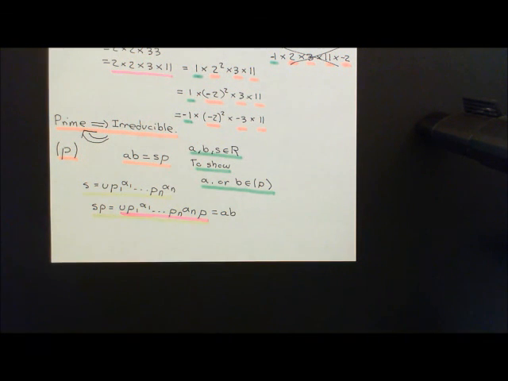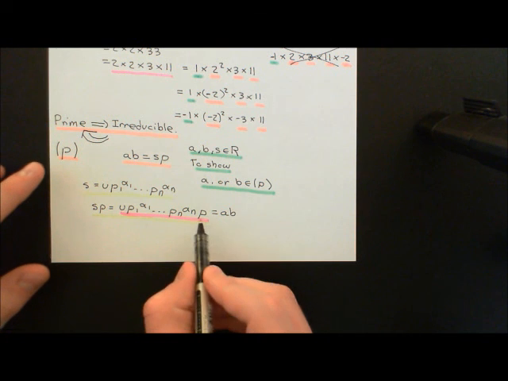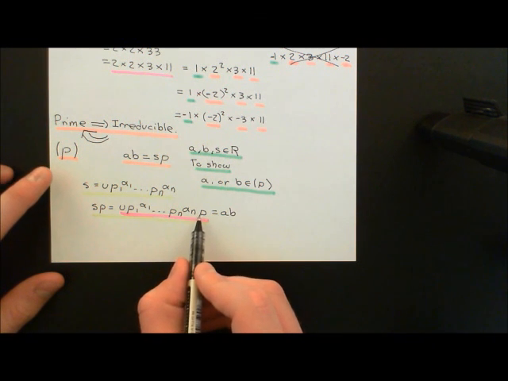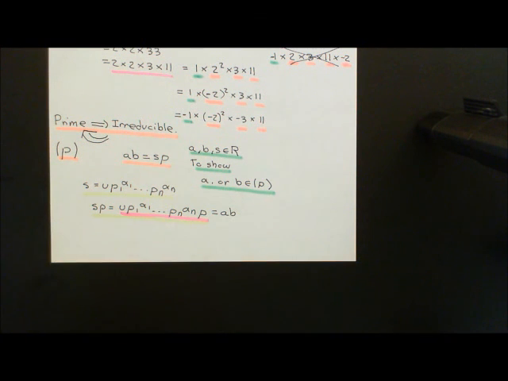It's so simple, and yet it is very important that you appreciate and understand this, because what we're doing is actually quite amazing here. It just seems deceptively simple, but we are using completely the unique factorization domain structure here. So now what we can conclude is that either A or B has this P appearing in its factorization,